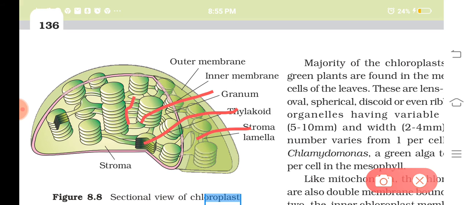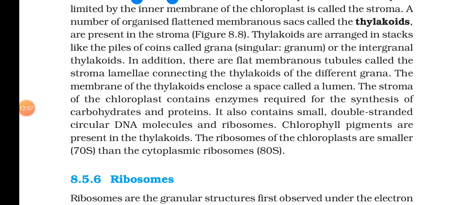So this is the structure of a chloroplast. Chloroplast is a double membraned structure having an outer and an inner membrane, and the matrix of chloroplast is known as stroma, and stroma contains what? Membranous structures. Each membranous structure is known as thylakoid, and the thylakoids are arranged one above the other and form a group. Each group is known as grana, and grana are connected to each other by stroma lamella. Is it clear? The thylakoids include a certain cavity, and that cavity is known as lumen.